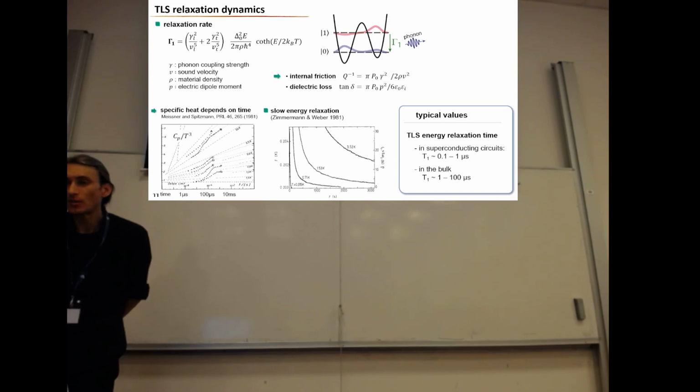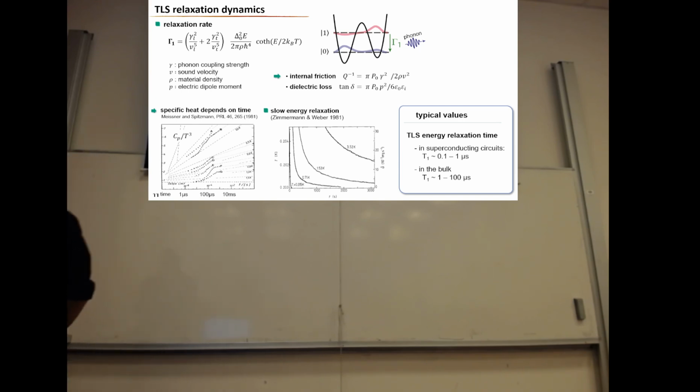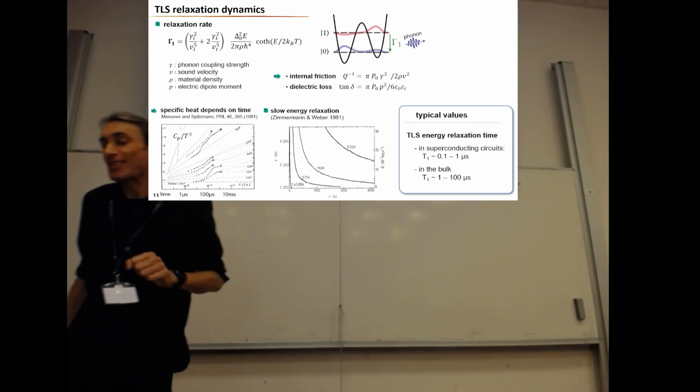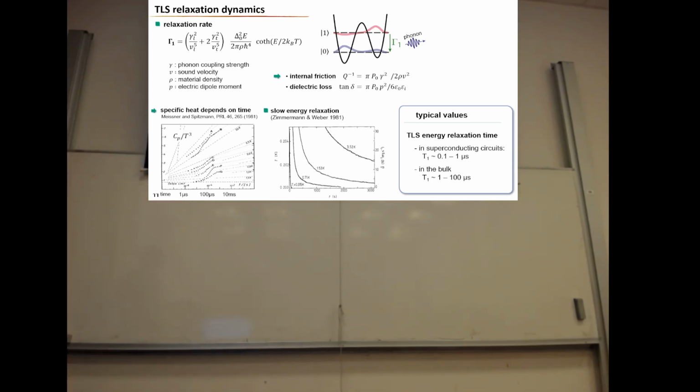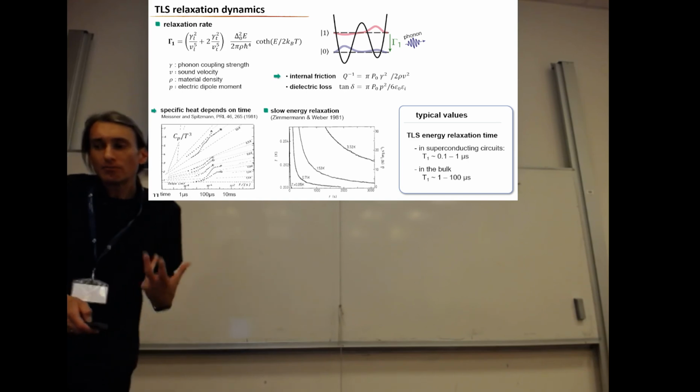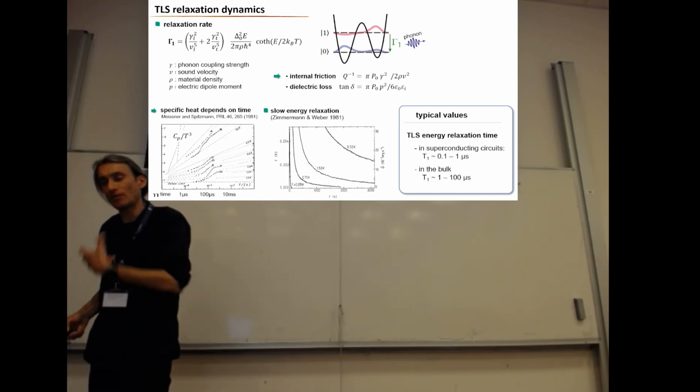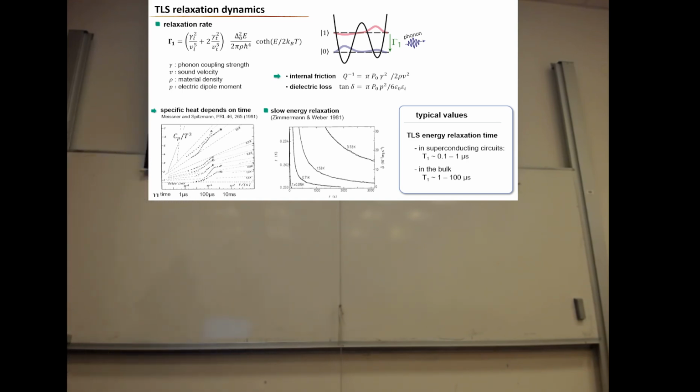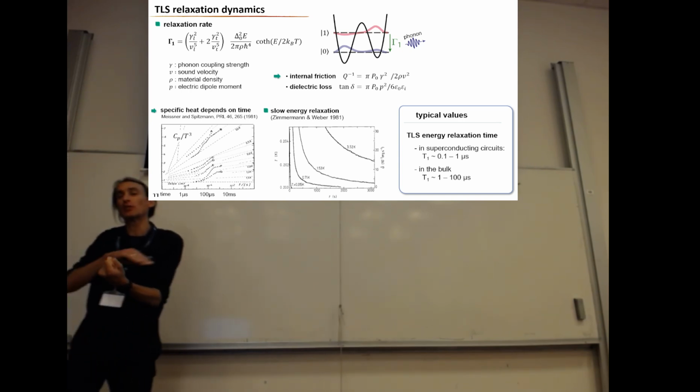Yeah, these are other typical values. If you look at TLS in superconducting quantum circuits, which will be the topic of the next lecture, you will find that the TLS don't live so long, maybe up to 1 microsecond. If you take a bulk glass, these TLS have a much slower relaxation rate, which also gives some indication that in the bulk, you have the TLS better isolated from effects like the surface,